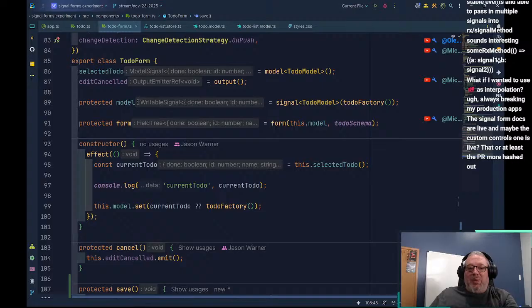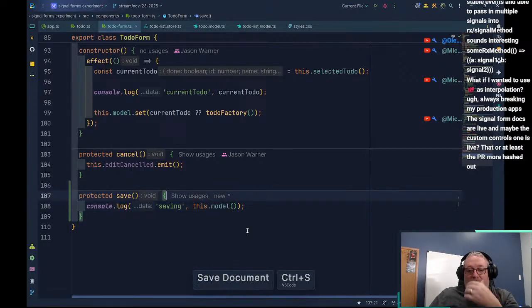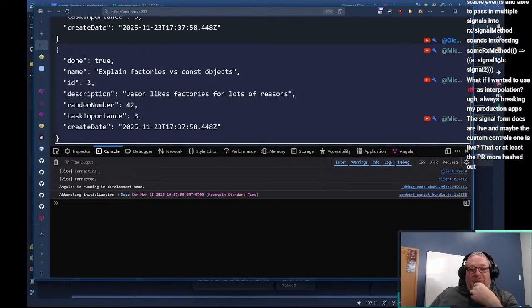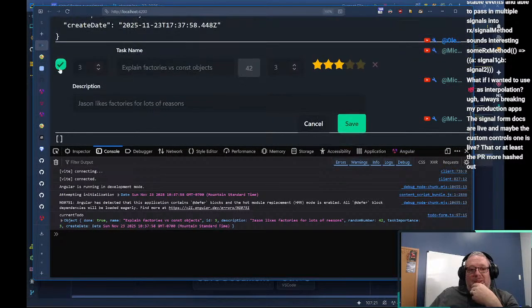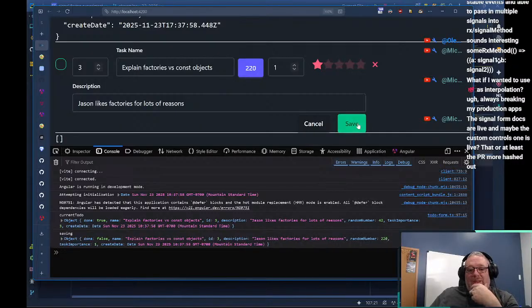So what we really want is the model. So let's go back to that. And now if we edit this and we uncheck that, we give it a random number, give it a rating, and save.